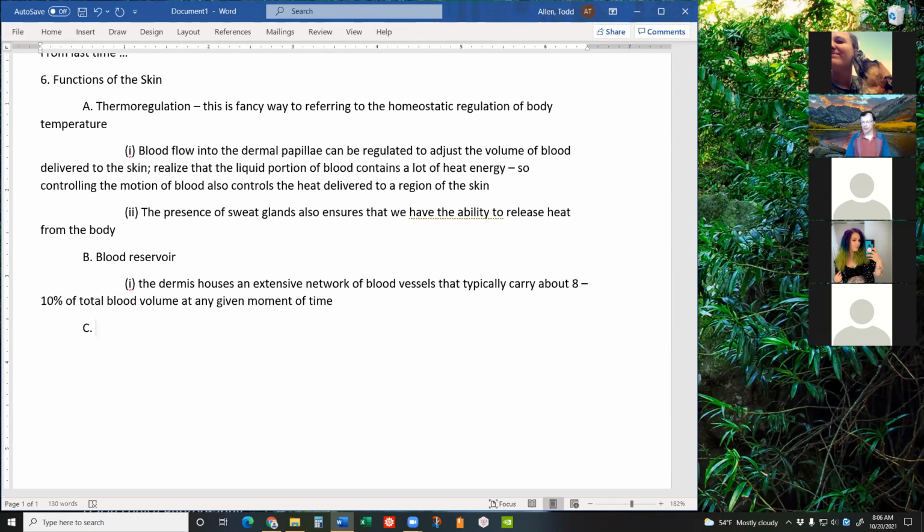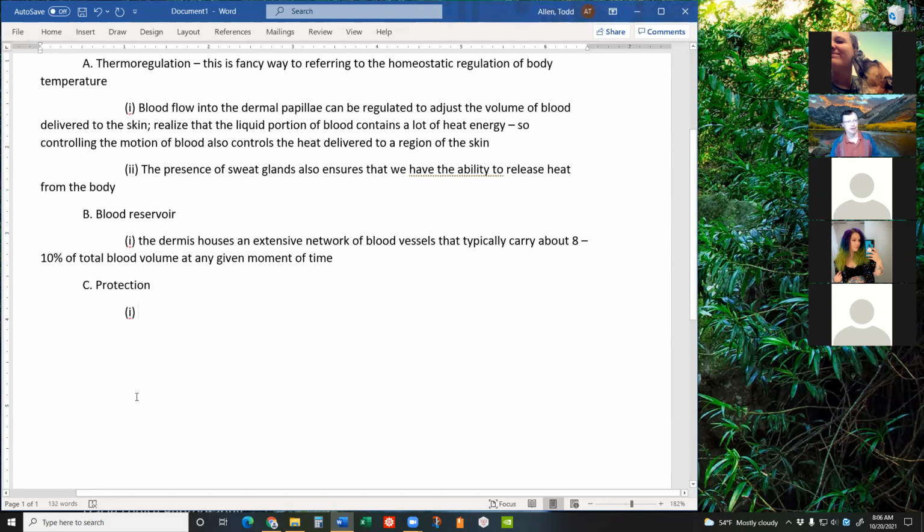Letter C, third function of the skin is protection. Protection is actually a big topic. There's lots of things we can say in terms of protection. So we'll list some things out here that are relevant for the protective capabilities and capacities of your skin. Some of these things we said before, but since it's been a while, probably would be useful to review a little bit. Well, we recall that,